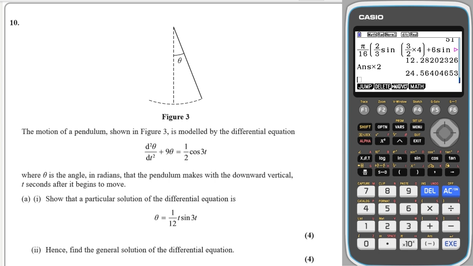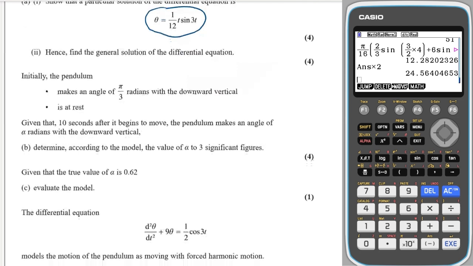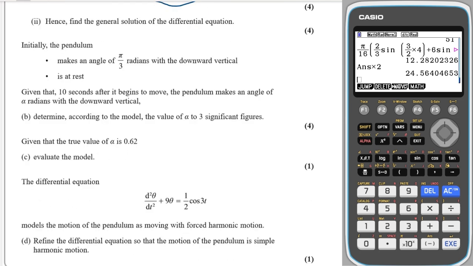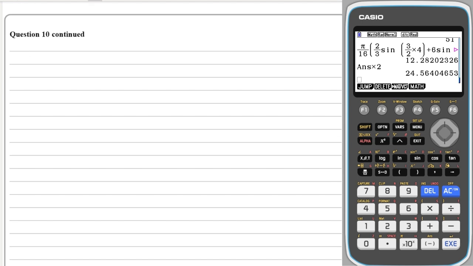Okay, final question is a differential equation question, and we have a pendulum that makes an angle theta with the downward vertical, and t is the time after it begins to move in seconds, and it says show that this is a particular solution to this. So I've got to just check to make sure that that solves this. So what I'll do is I'll take theta is equal to 1/12 t sine 3t, and I'll have to differentiate that